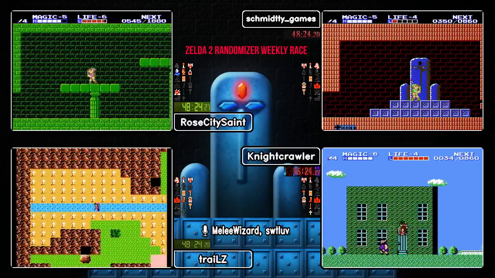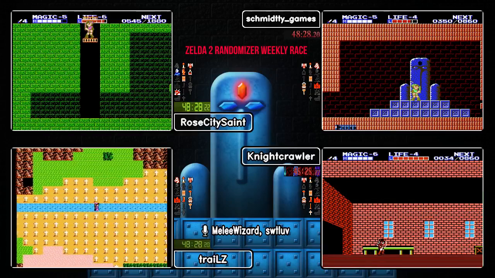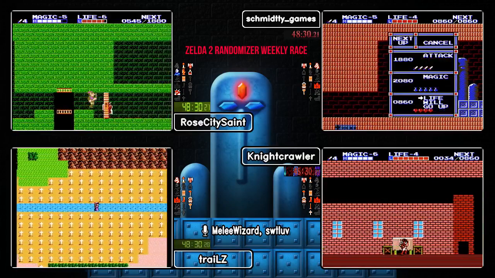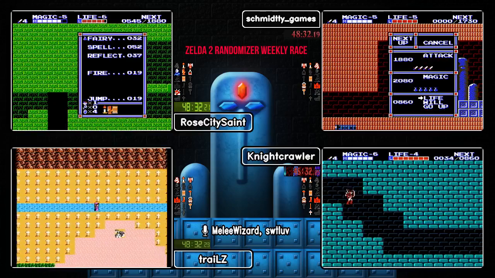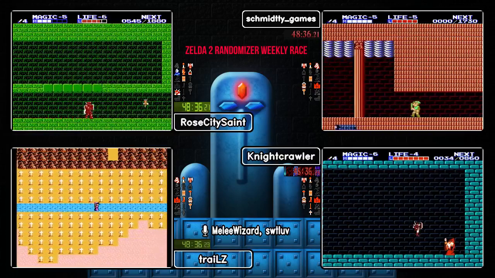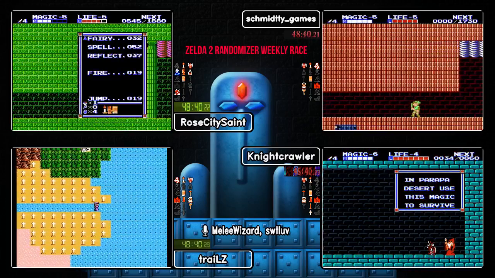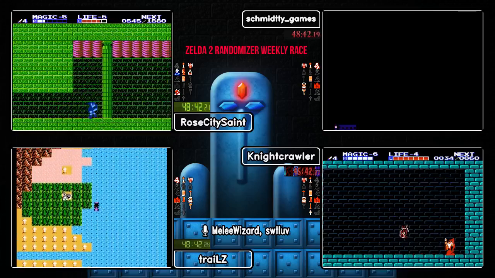Where Schmitty takes on Karak. One life box, but he survives. That's their first and second shot. And just goes back for the hammer. Good call. Shield in New Kasudo, so